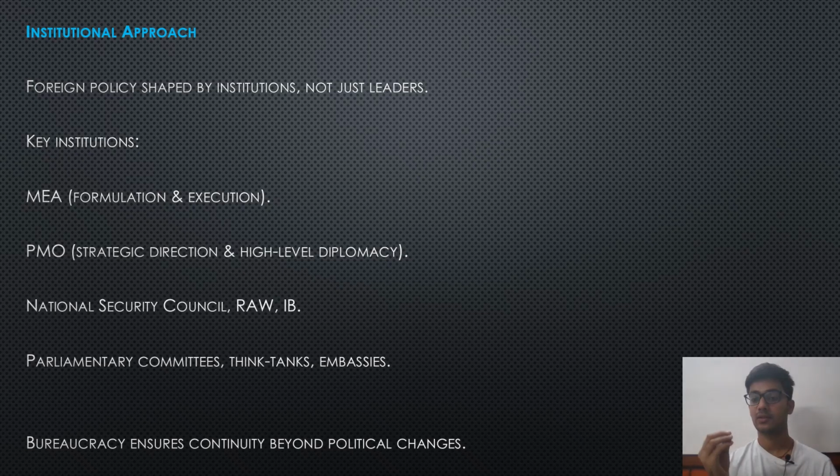While the prime minister has a lot of say, the bureaucracy in India, the bureaucrats, the IFS officers, and the other high-ranking officers provide some form of continuity. In India, you wouldn't see very sudden policy shifts. You wouldn't see just because government has changed, everything changes. Yes, there is an impact.